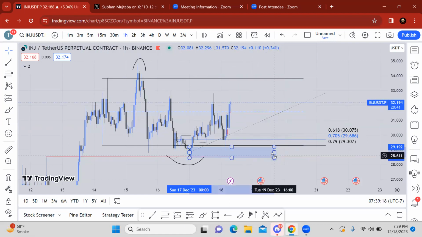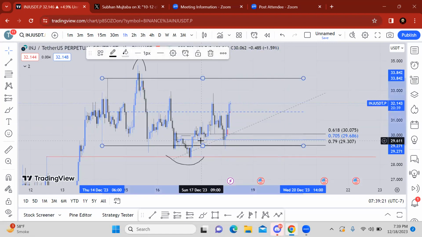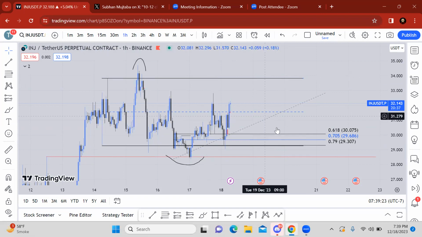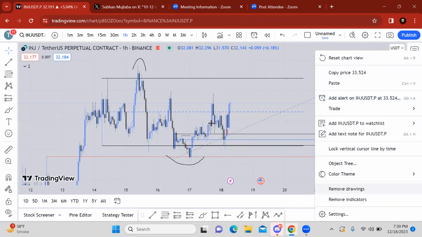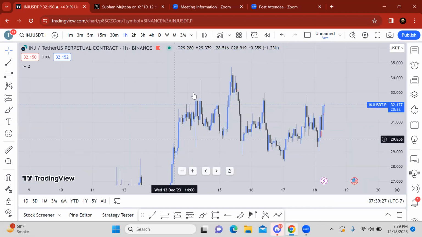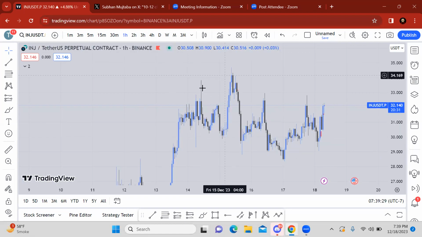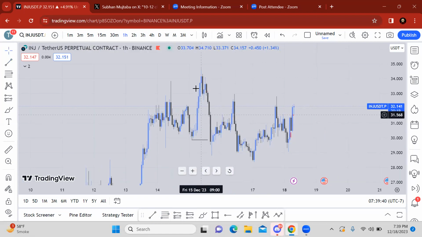So this is the second example on INJ. I shorted INJ as well. Let me show you that short. I will remove everything. Okay. Price came here, higher high, higher low, again higher high. So that order block should have held it here, but it did not hold, and it created a lower low. Okay, and Bitcoin also